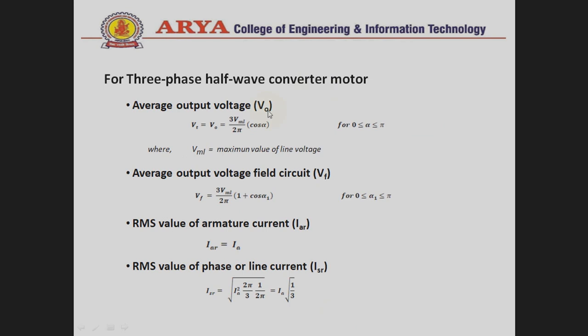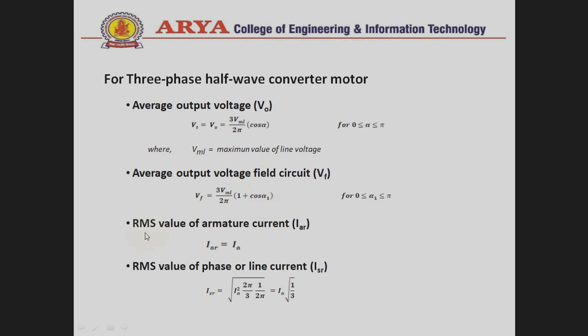These are the basic formulas related to the three-phase half-wave converter motor. This is the average output voltage for the armature circuit, that is Vt equal to V0 equal to 3 VmL by 2 pi cos alpha, where VmL is the maximum value of line voltage and alpha is the firing angle of the three-phase converter. The average output voltage for the field circuit, Vf, is equal to 3 Vm by 2 pi multiplied by 1 plus cos alpha 1, where alpha 1 is the firing angle of the